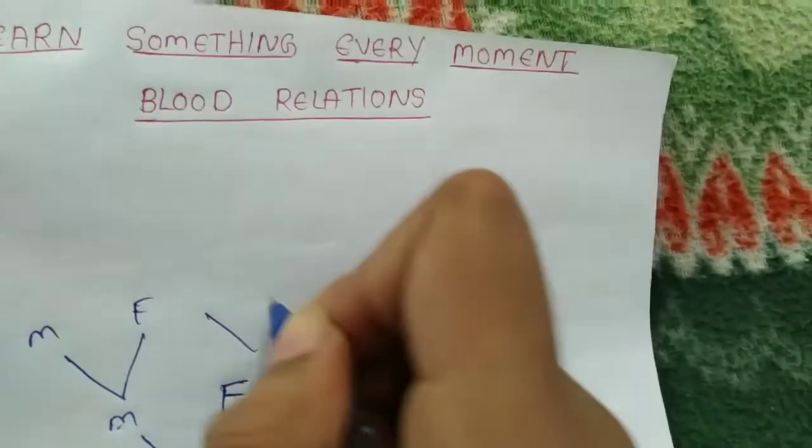Okay, let's begin. See, if one girl and one boy are there, they both are brother and sister, and her mother. This is called the first generation. From this we are going upwards: mother and father, and for them, mother and father, mother and father.